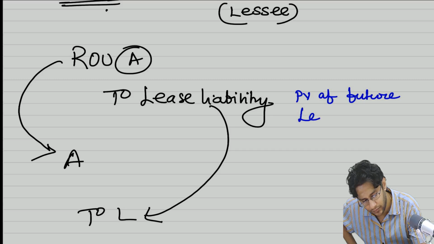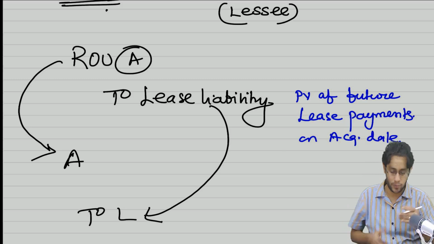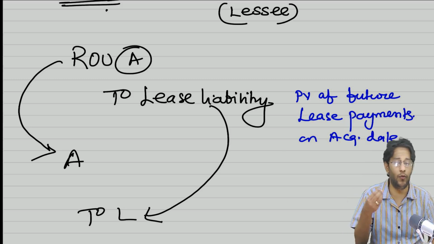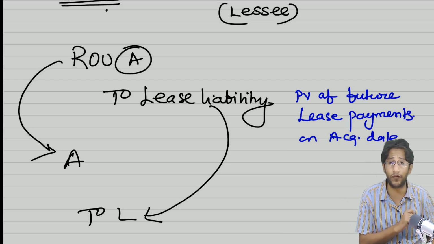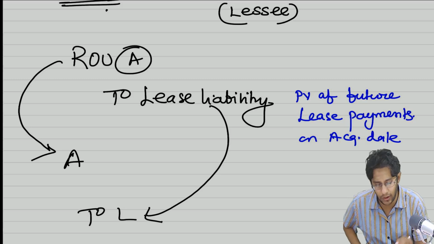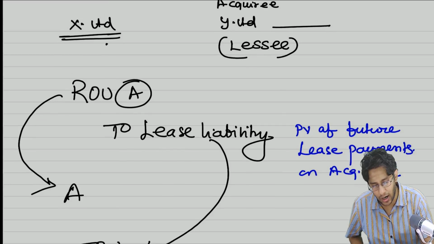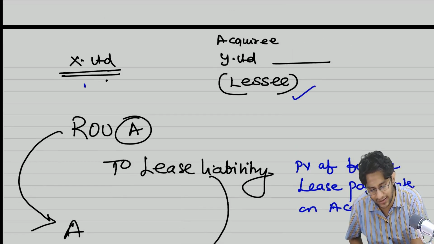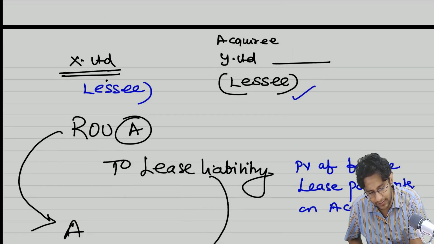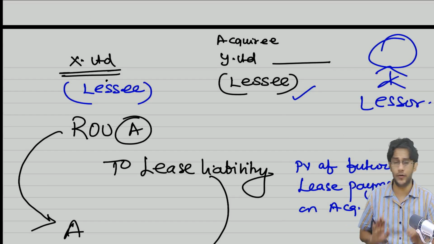future lease payments on acquisition. So if you are standing on the acquisition date, from today, what is the remaining lease term? Whatever are the lease payments in accordance with the definition of Ind AS 116, discount everything to today, whatever number you get, that number is the lease liability and ROU asset today. That's it. This is when the acquiree is a lessee. If the acquiree is a lessee, you also will become a lessee. The other party, some third party, is a lessor. Don't bother about it. So this is one thing.